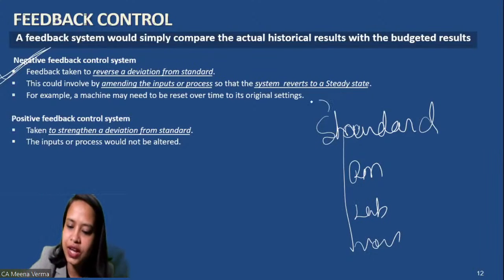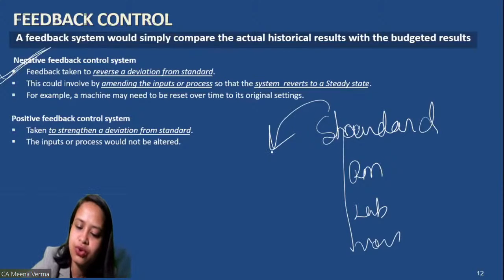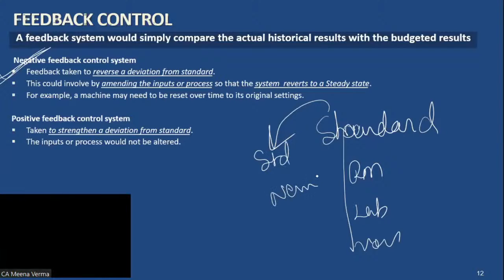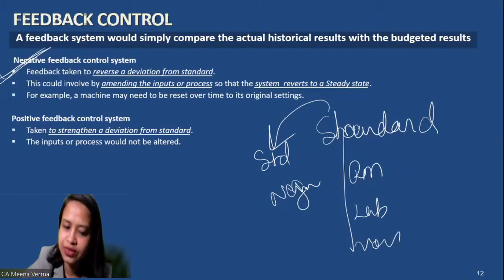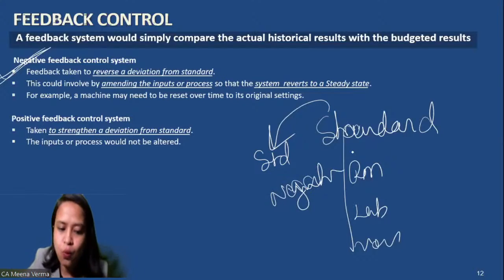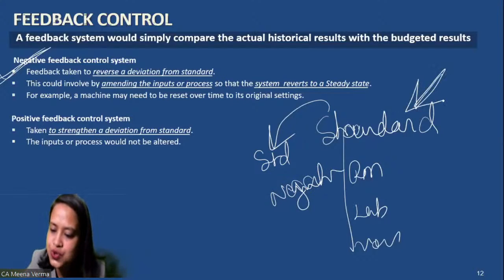In case of negative feedback, we were discussing that the standard is not good and you want to reverse the standard. This is a negative feedback control. The standard is not good, and that is why you want to reverse it. While if you want to strengthen this place, this raw material, labor, or input you have, you want to strengthen this